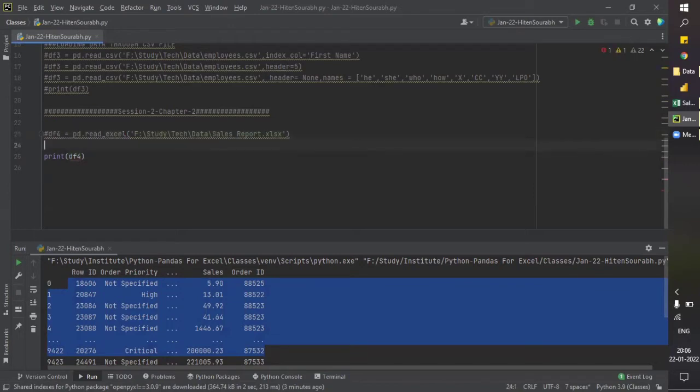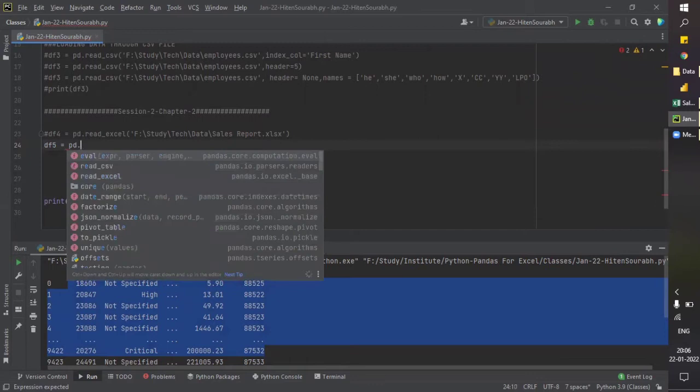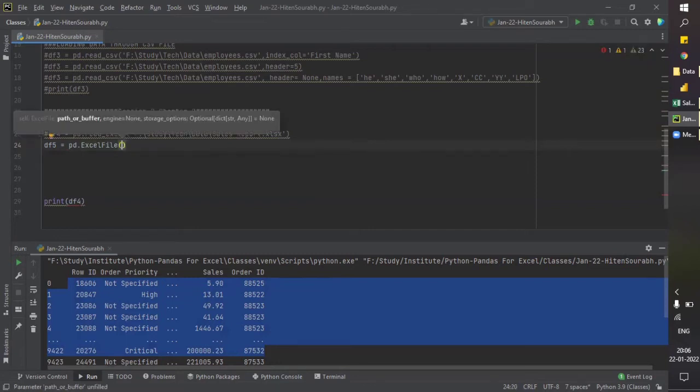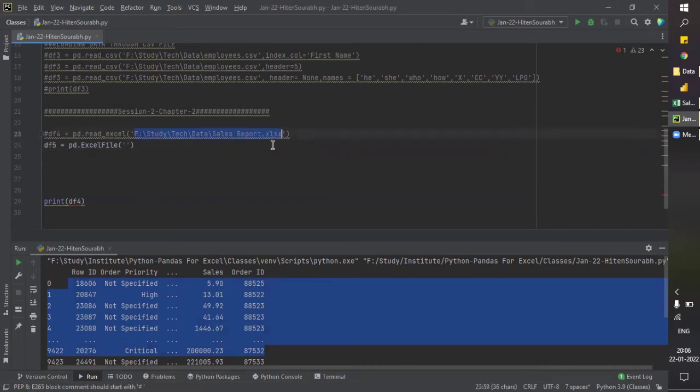Let's comment this out and write df5 equals pd dot ExcelFile, then in double quotes take the entire file name and paste it here.